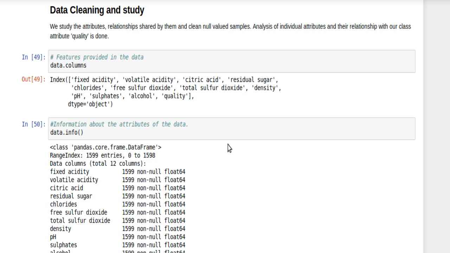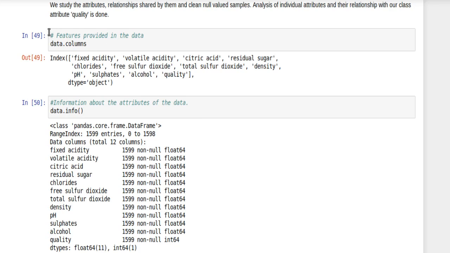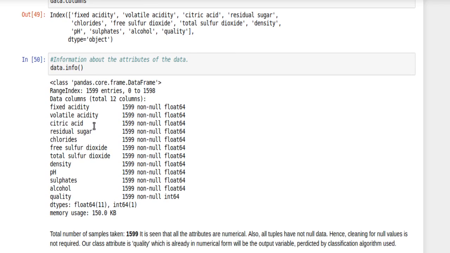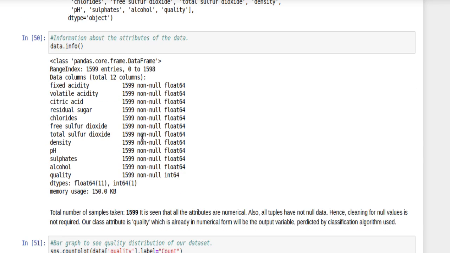Since every data set contains null values, outliers, and zero values, and these may affect the accuracy, data cleaning is required in our data set as well. So we are going to check if there is anything which we need to clean in our data. This is printing all the columns, all the attributes of the data set, and this data.info is telling us that we have a total of